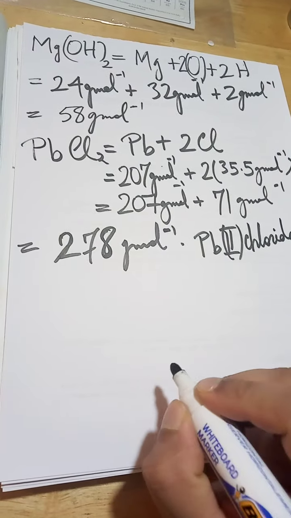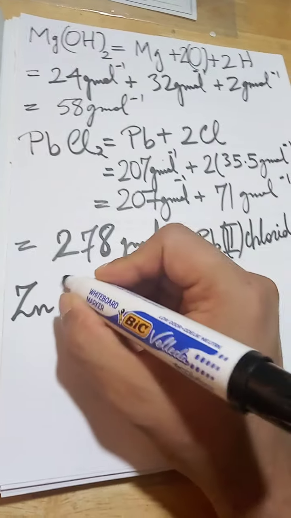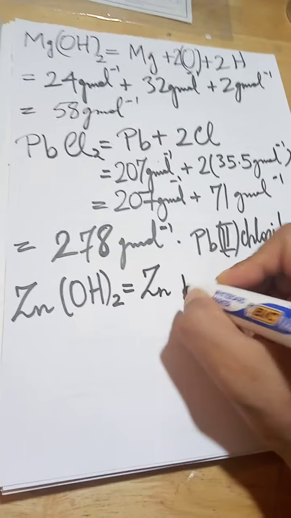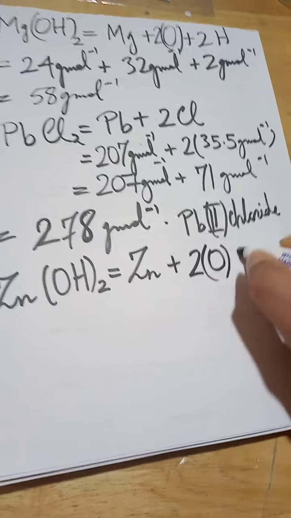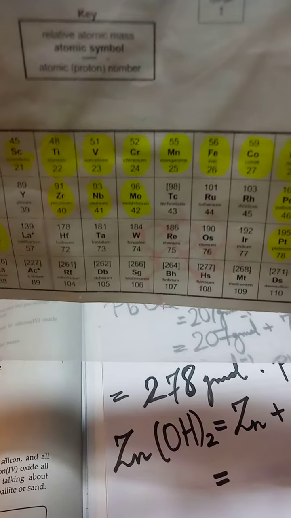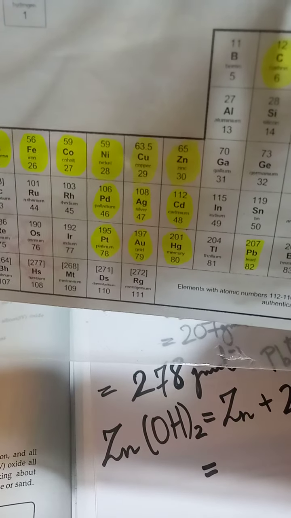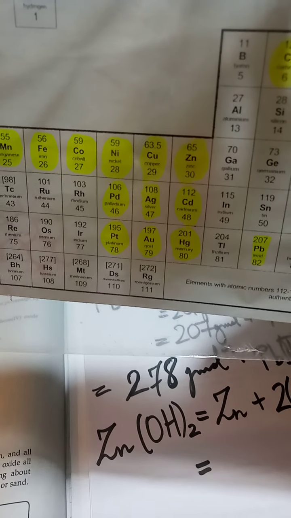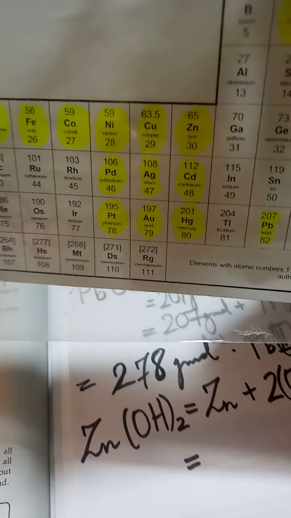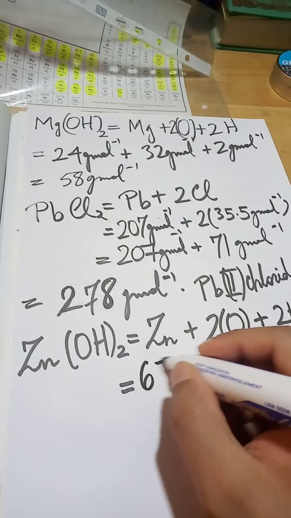And the next one we've got for you is zinc hydroxide. 1 atom of zinc, 2 atoms of oxygen, 2 atoms of hydrogen. And zinc we know is, I think, 65. Yeah, 65. And I'm just trying to be humble. I know I remember these, but for your sake, in order to work through as an equipartisan, I'm pretending I don't remember it, but I remember it. But it's 65 grams per mole,